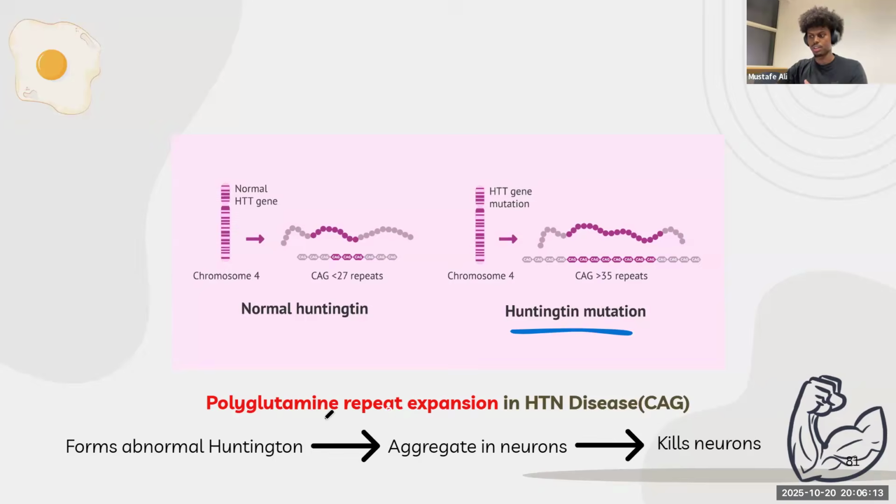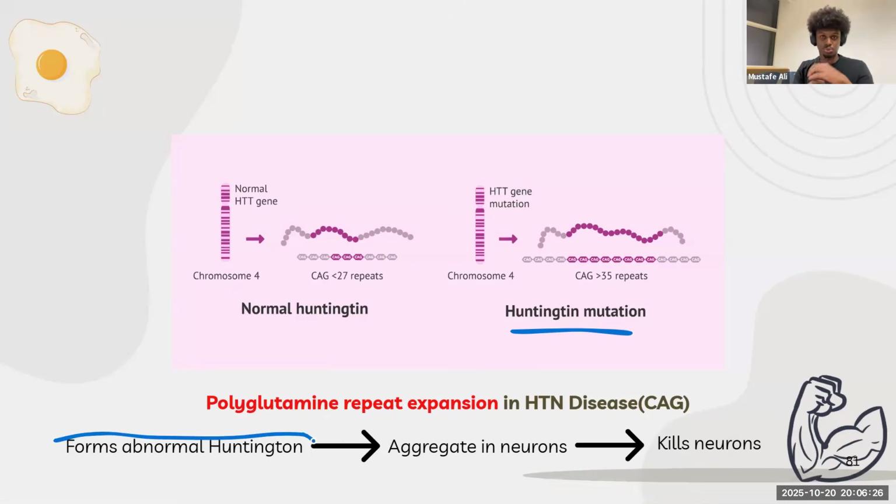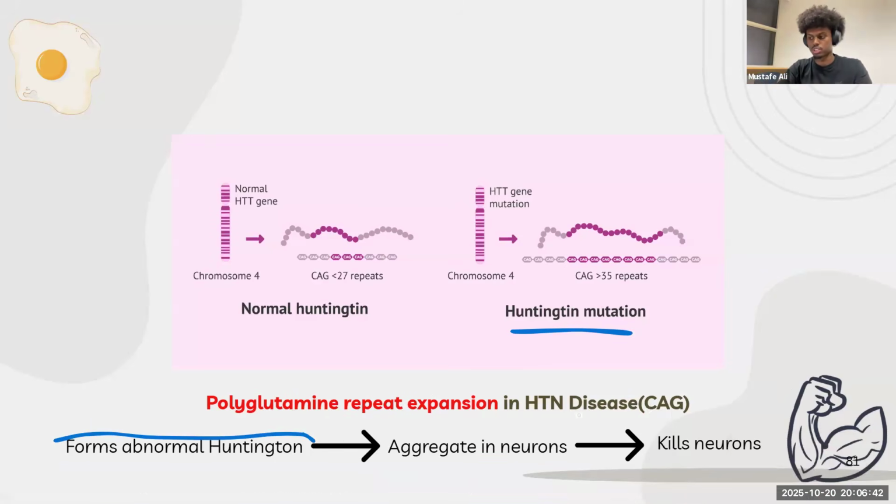And this will lead to the protein becoming abnormal because there is a bunch of glutamine present inside of it. And because the Huntington protein becomes abnormal, they will then aggregate onto one another. They'll stick onto one another inside of neurons. And we said, right, when proteins aggregate and stick onto one another, they become toxic. And these aggregates will be present in neurons. So they'll target the brain, the central nervous system. And this is what happens in Huntington disease.